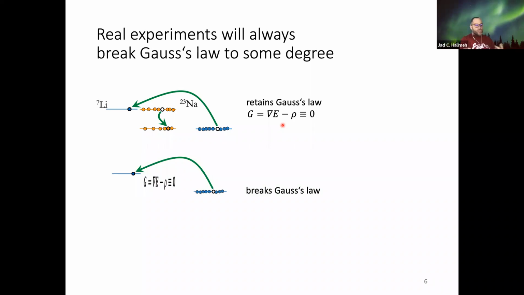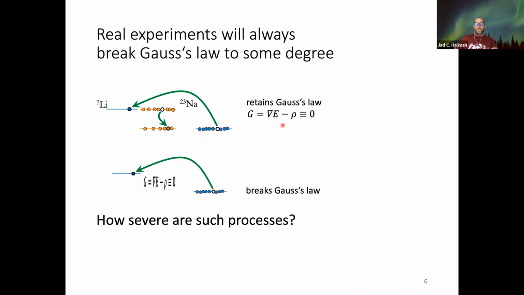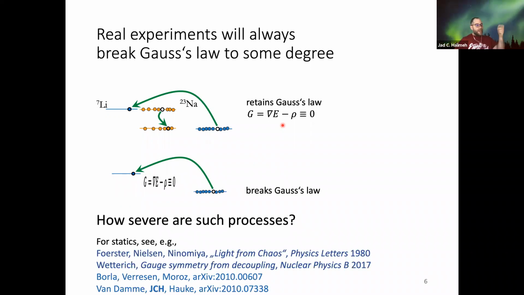But you can easily imagine that in an experiment, I would excite a lithium atom, so I simulate this creation of the positron-electron pair, but at the same time, nothing happens in the sodium atoms, which means I have violated Gauss's law. The question is, how severe are such processes? Quite a few works have been done in equilibrium, as we show you here, including a work of ours from last October. We show that these processes, even though severe, if you have some protection term, which we will dive into later, you can still get a form of a renormalized gauge theory.